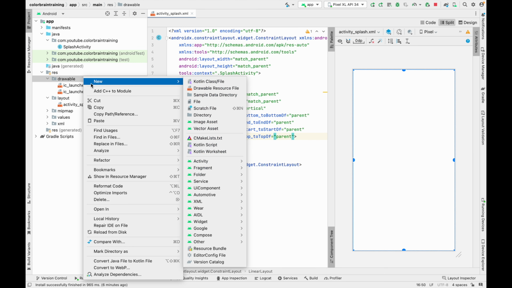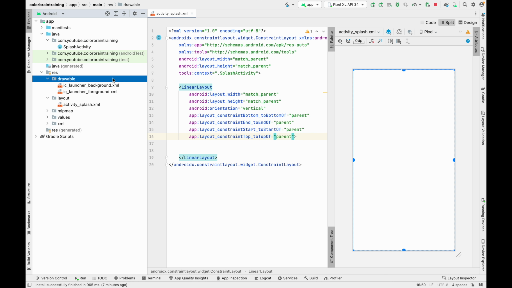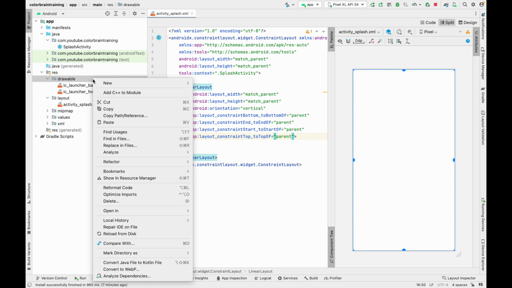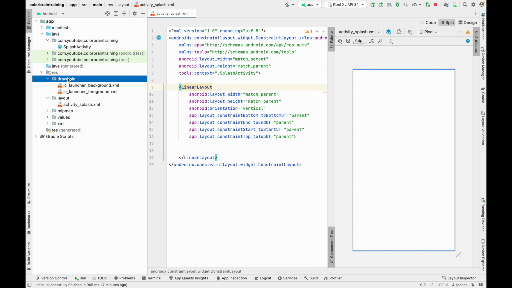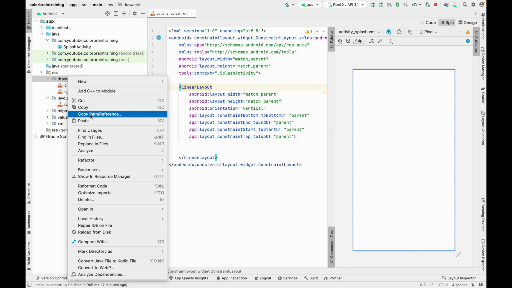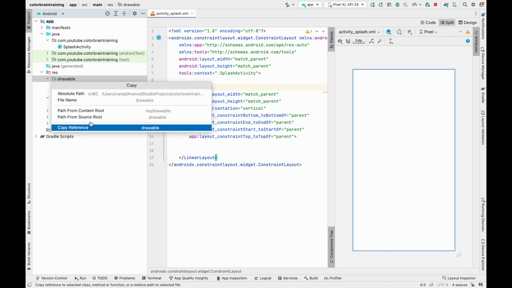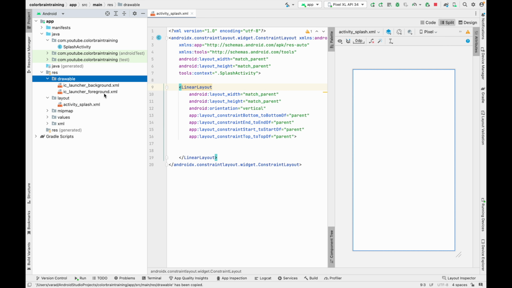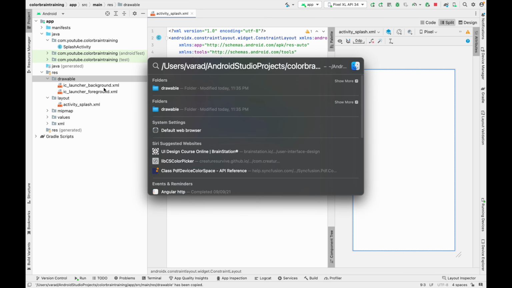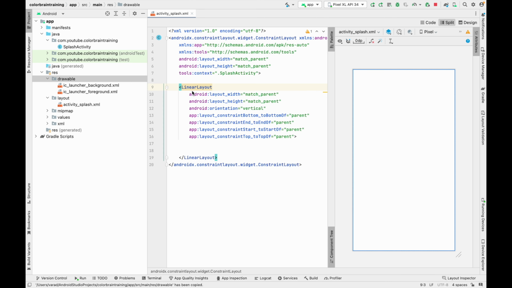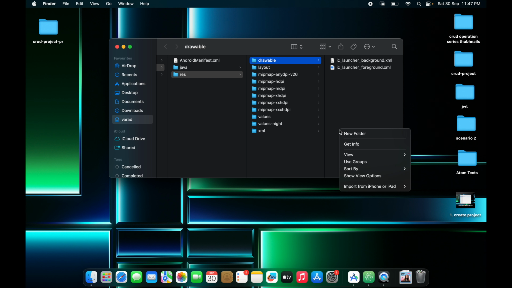Let me just right click and paste it. Now I'm not able to paste it, not sure why, what is happening. So maybe I will just go to the folder directly. Let me copy this particular path, the absolute path, and go to that particular path,